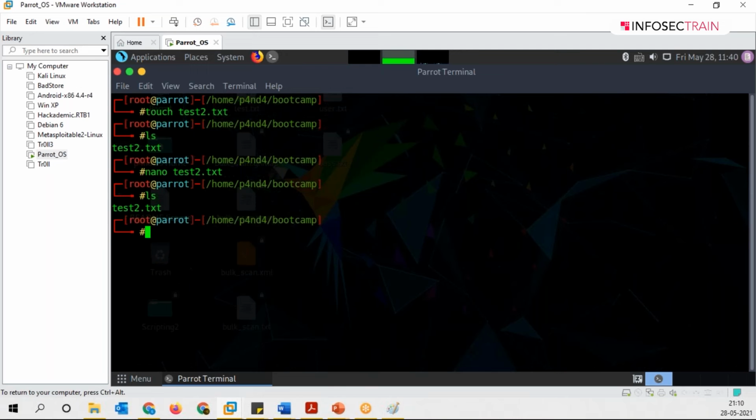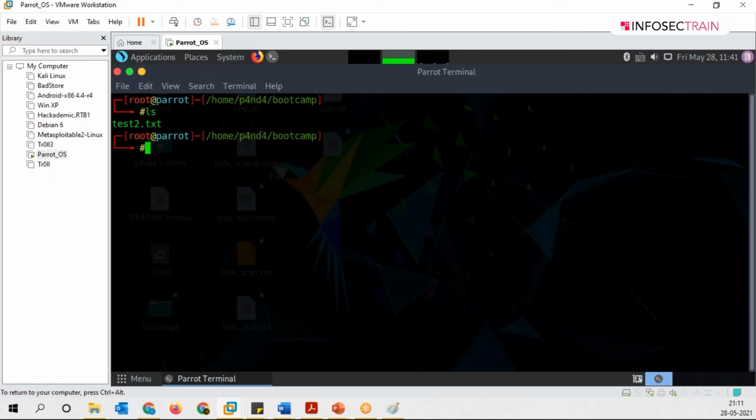Now, if I want to see what is inside this file, or to read what is inside that file, we use which command? I have told you. Which one? Cat. Absolutely. So I will just write cat test2.txt. If I hit enter, can you see? It says, hi, welcome to the bootcamp. Is this the same message which we wrote inside the test2.txt file? Right? Perfect. Just let me clear it up again.